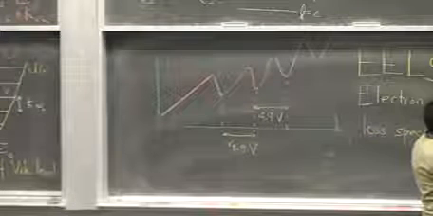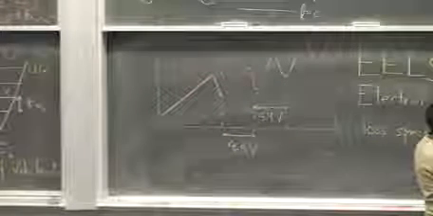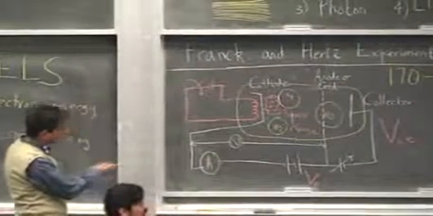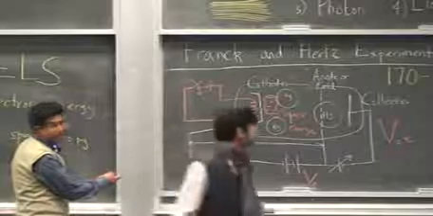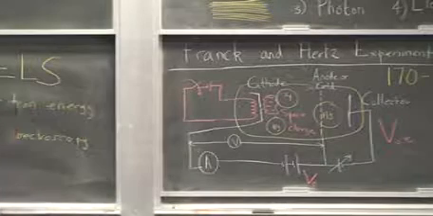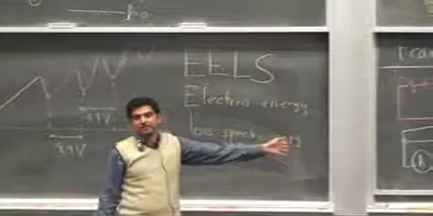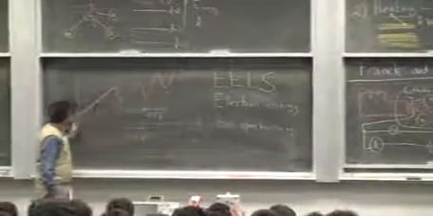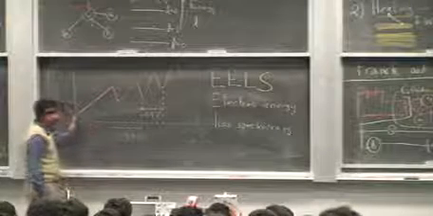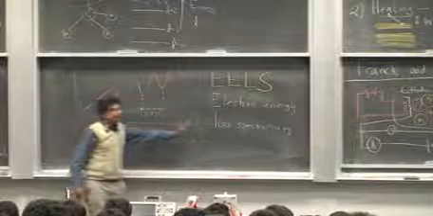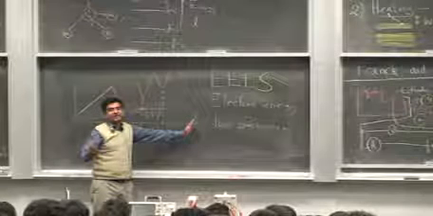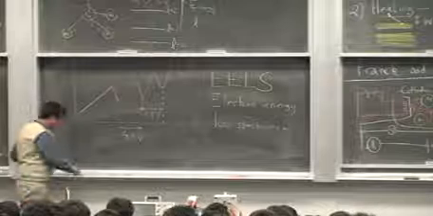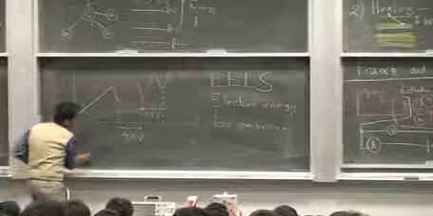you need some voltage to apply to the filament. You need to apply a voltage between the cathode and the grid, right? And you need to measure the voltage and you need to measure the current. And you would like to see the dip in the current at certain voltages. So what this instrument is doing here is that it is applying a sweep of voltage. It's applying a voltage from 0 volts all the way up to 40, 50, 60 volts. So it's sweeping the voltage again and again. Right? So the voltage is increasing like this, roughly.